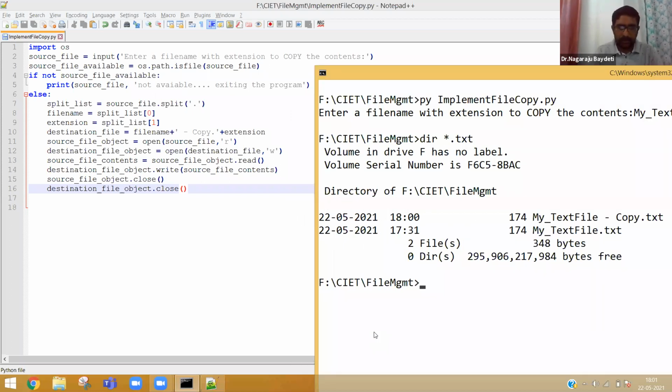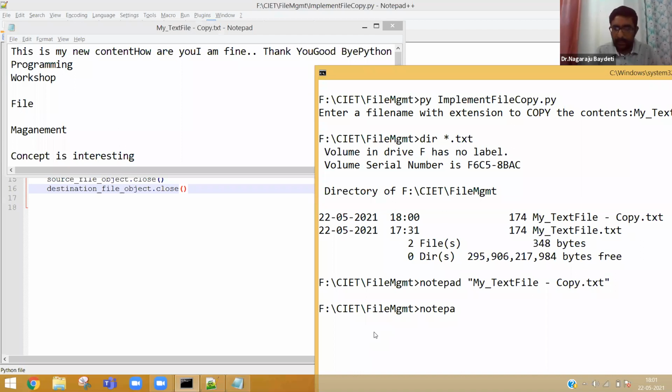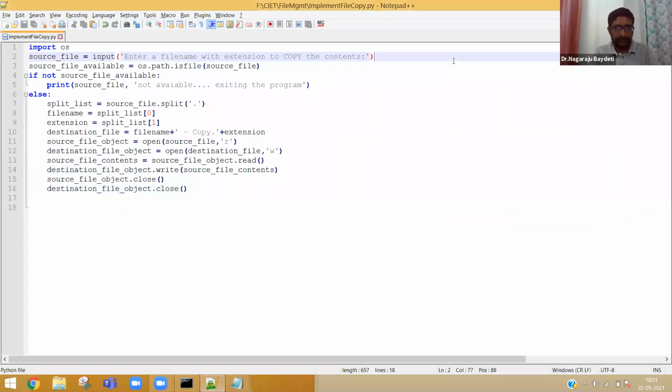If you really want to know, you can say notepad mytextfile.txt, and you can also open Notepad mytextfile-copy.txt also. Both are available. If everybody sees clearly, both are available.